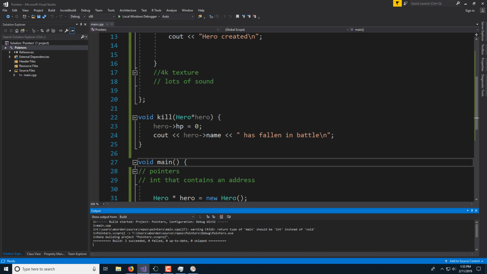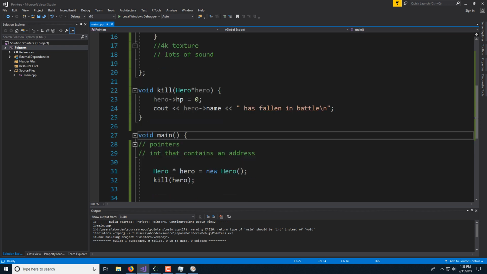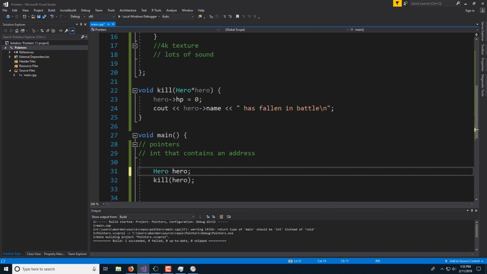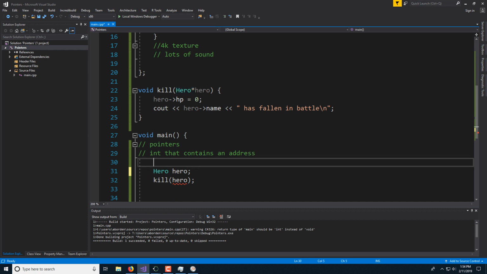So if you want to pass a pointer, you just tell it what type of pointer it is. This is a hero pointer. And that works great. Now, what if my hero was created on the stack? Let's say it fits on the stack, we create it on the stack, there's no pointer. But my function requires a pointer. How do I deal with this? Without changing the function,